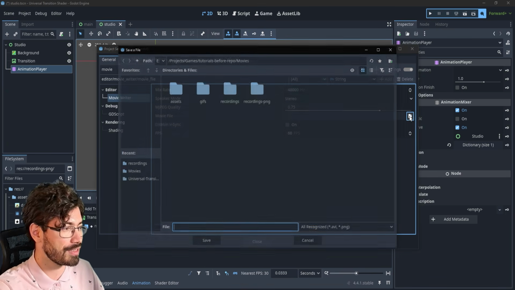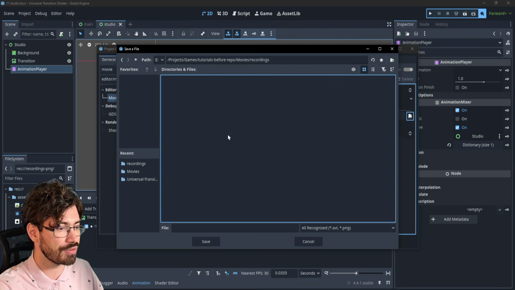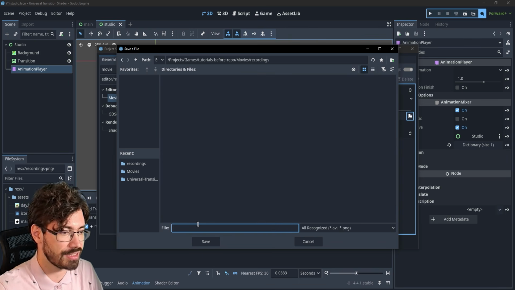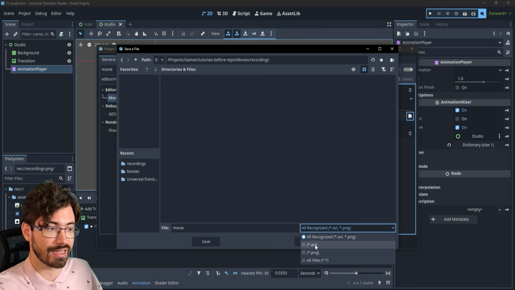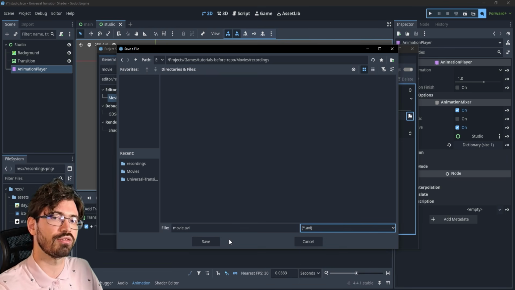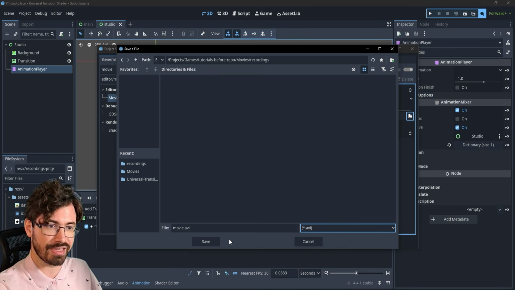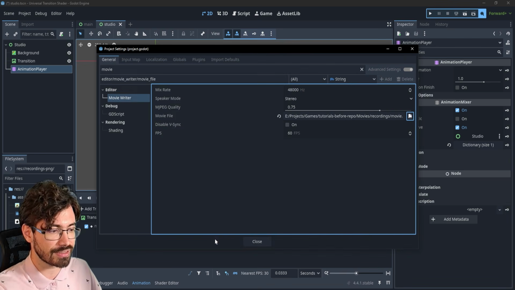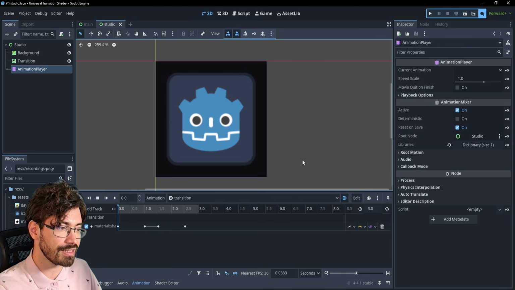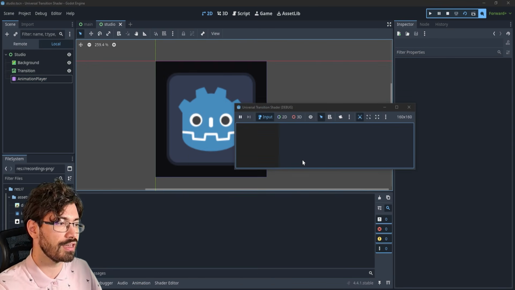Now we have to simply click on this icon, we have to go to recordings, and in here we can just say the name of the file, let's say movie, and we must make sure that we also select the AVI format because we want our movie to be a video that we can actually watch. I'm just gonna click save, I'm just gonna click close, and if I now press F6, you're going to see